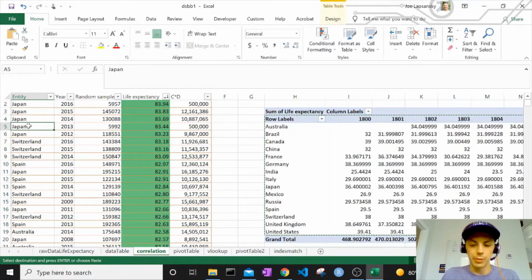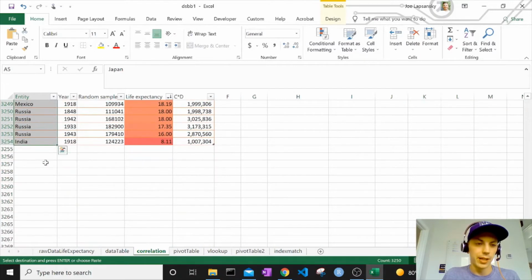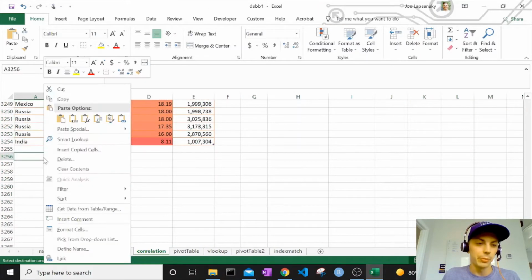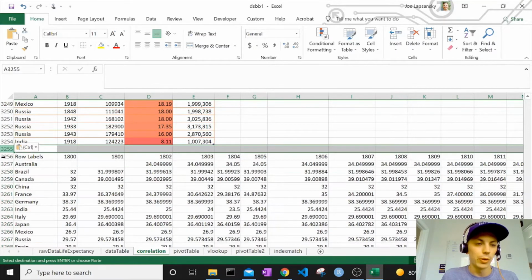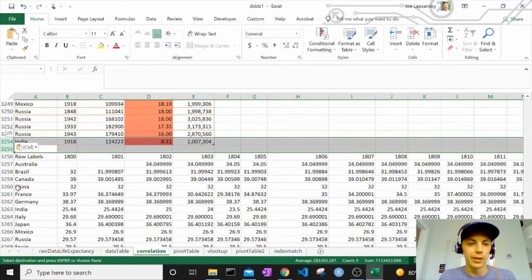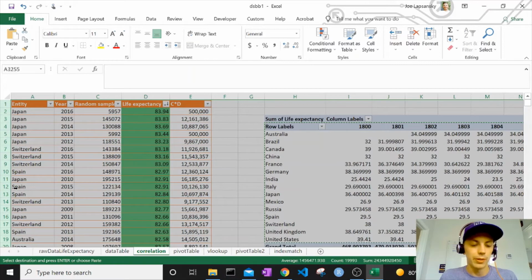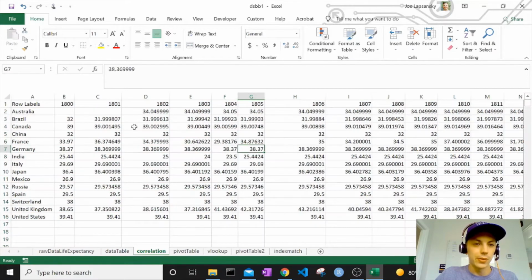So I'm actually going to put this all the way down. I'm still copied on it. I'm going to put it all the way down here, right click values, and now this is our new table. I can click 3255, scroll all the way up. I did Control Shift up arrow on Windows. It's Command Shift up on Mac. Right click and delete. So this is what I need